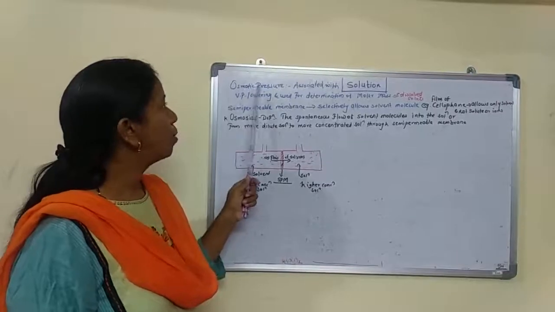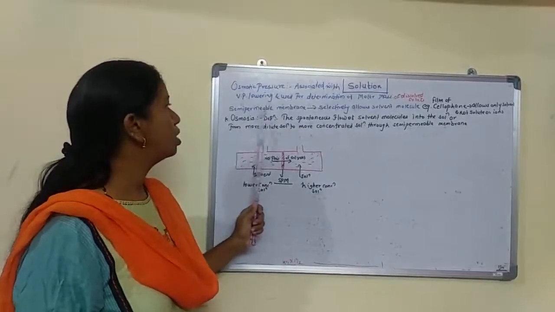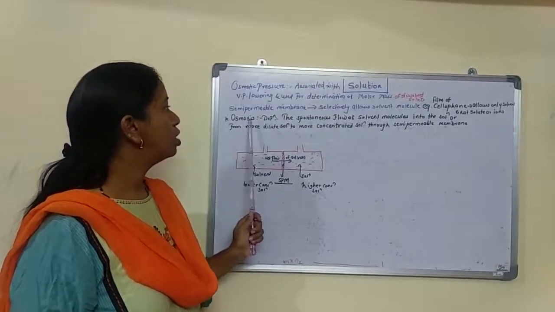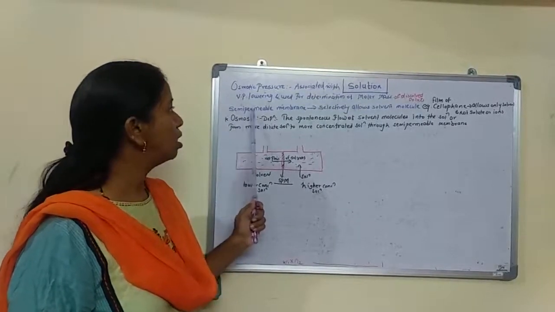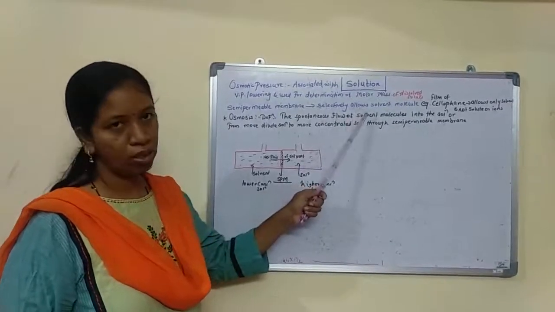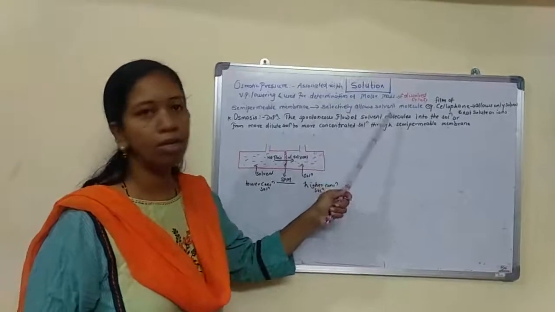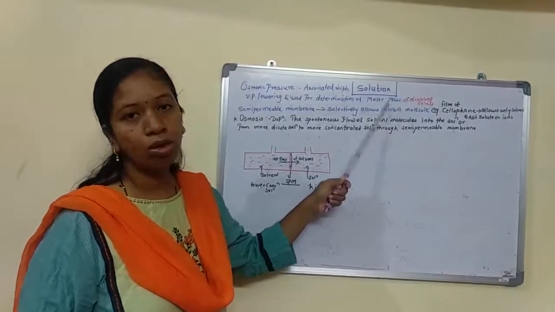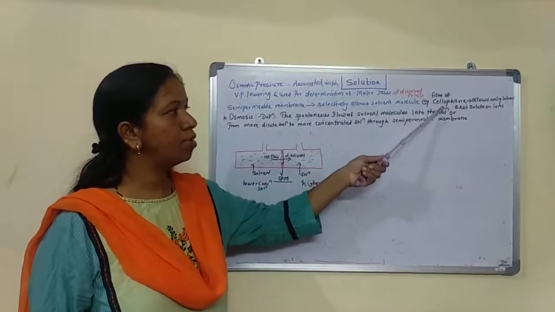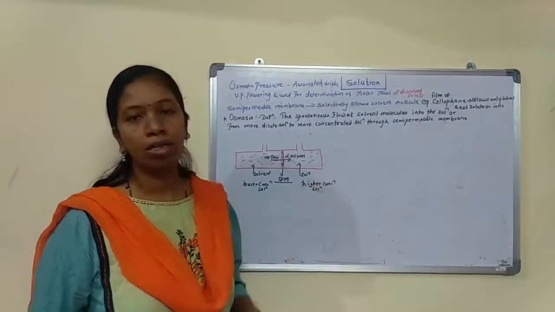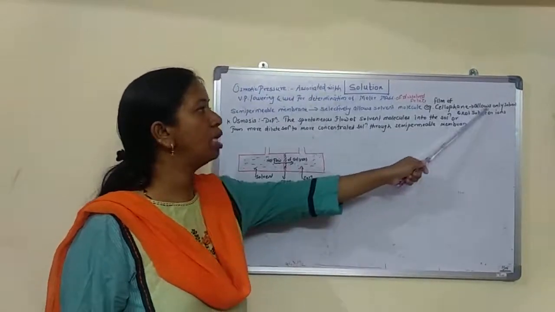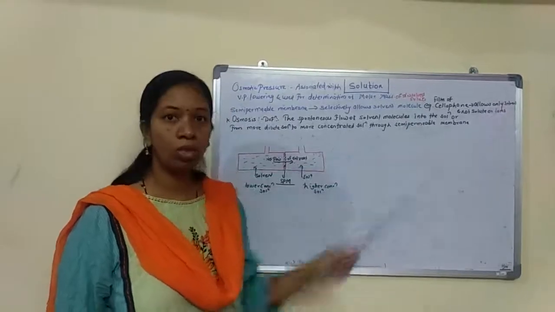To know about osmotic pressure, you must know about the semi-permeable membrane, because osmosis takes place through this semi-permeable membrane. So what is a semi-permeable membrane? It is a membrane that selectively allows solvent molecules and not the solute or the ions. The best examples are a film of cellophane, animal bladder, or copper ferrocyanide, which allow only solvent molecules to pass through.